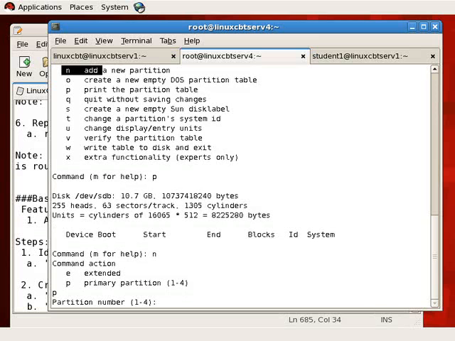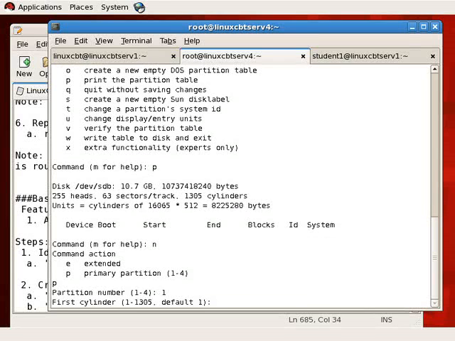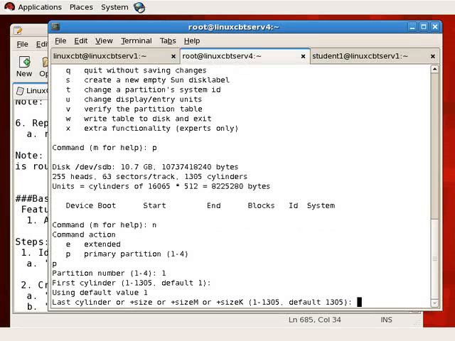We then need to pick a number. Since it is again the first partition, we'll default to number 1. You also need to determine the first cylinder. You can create a partition using fdisk anywhere in the disk. It doesn't need to be at the beginning of the disk. You could start, let's say, at cylinder 100 and stop at cylinder 199 if you'd like. We'll start with 1, that's the default, and then you indicate the size of the partition using plus followed by